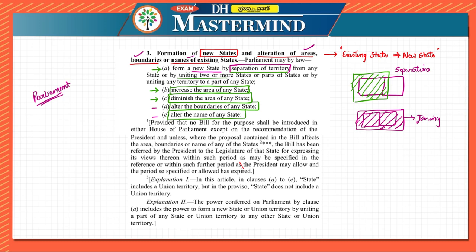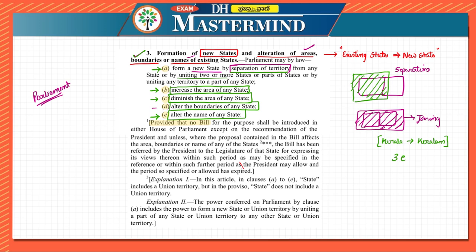And this is very, very important, because recently the renaming of the state of Kerala was also in the news, because they are renaming it as Keralam. With respect to that, you have to remember what? Article number 3, clause E. In that, the most important part is that they are mentioning in the bracket itself that no bill can be introduced with respect to any of these A, B, C, D or E.